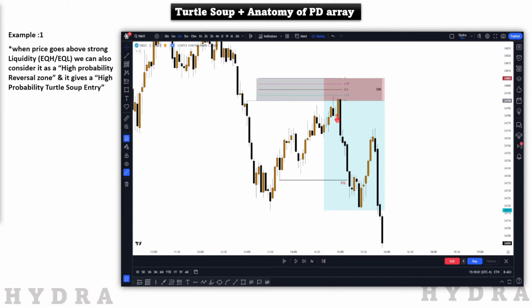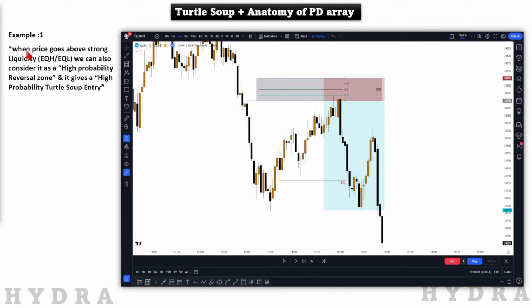But here what did you see? Price left this fair value gap, right? Look at these lows right here. Price left these relative equal lows and then came back up and then showed a very good reaction. So this is a nice turtle soup entry that I showed you guys. I'll show you guys another example, but before I take you there,